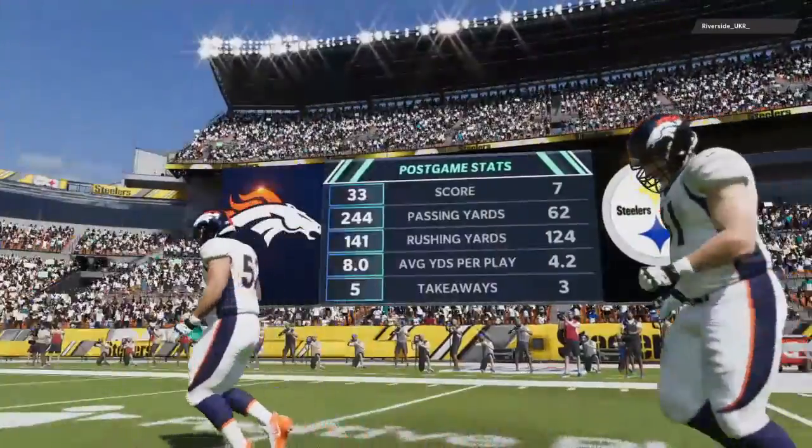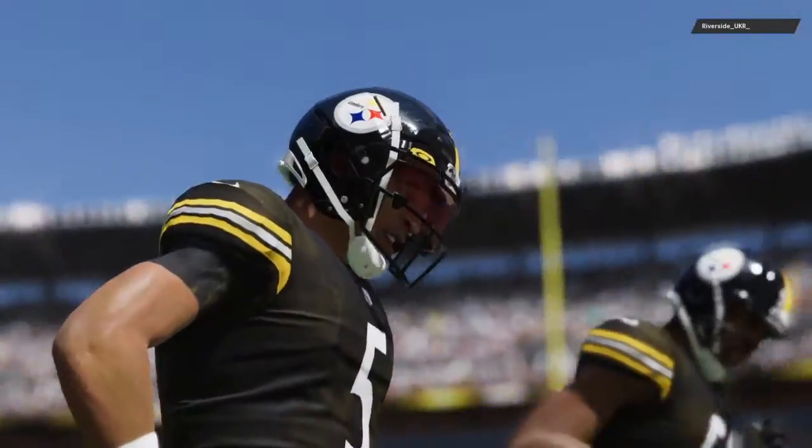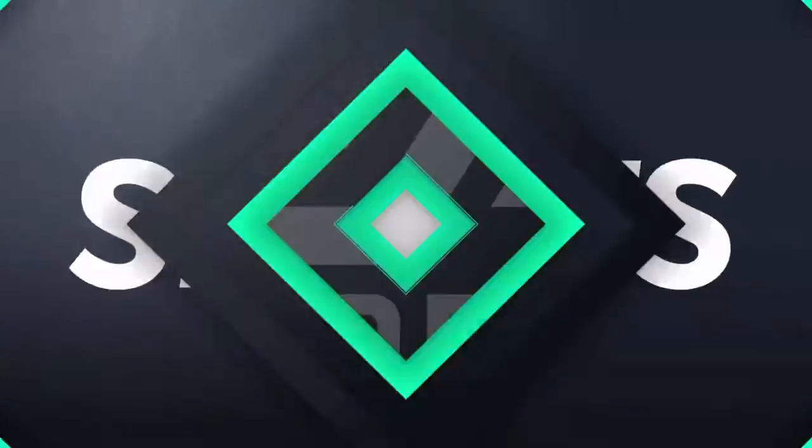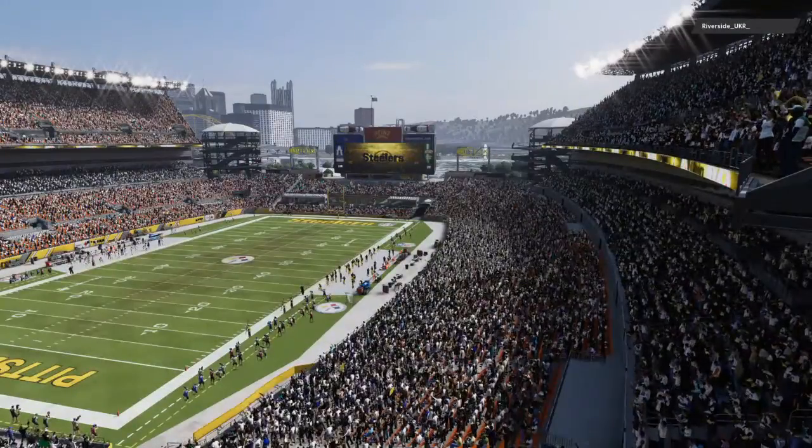So for the Broncos, it was a great all-around performance as they come out of this one with the victory. And they will head home next week to take on the Tampa Bay Buccaneers. Meanwhile, for Pittsburgh,